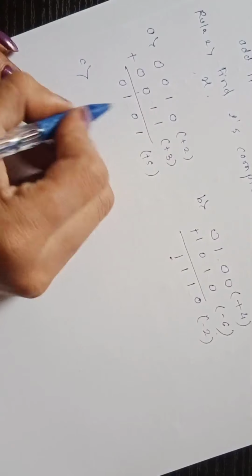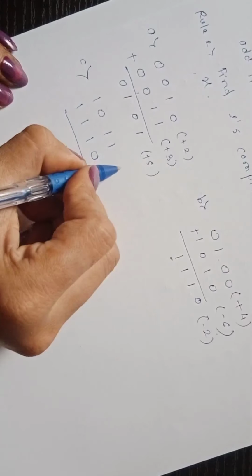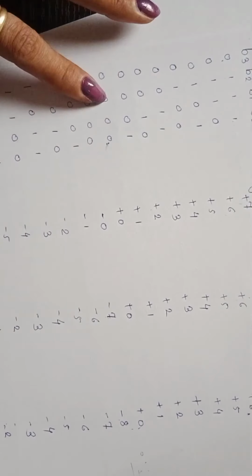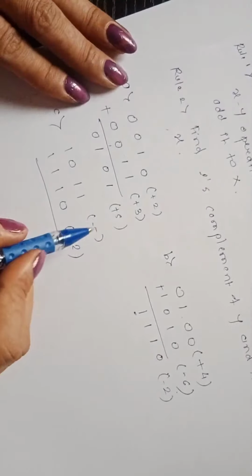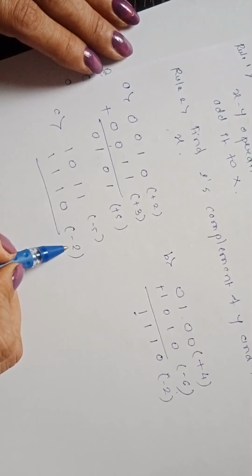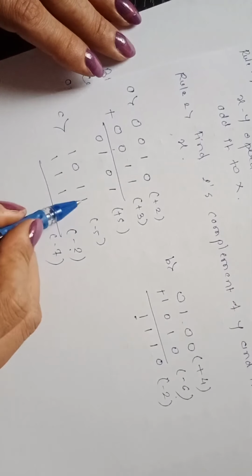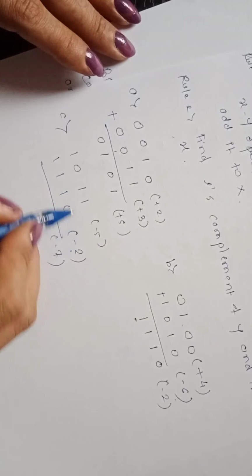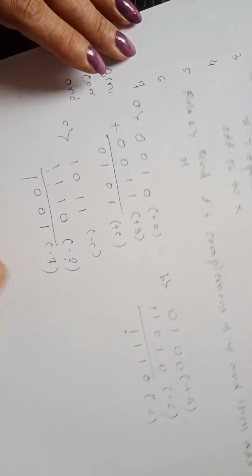Now another example is 1 0 1 1 and 1 1 1 0. Now what is this? Minus 5 and this is minus 2. First you have to learn this table, you have to try it by yourself, and then you will know whether it is a positive or negative number. So it is minus 5 and it is minus 2. What is minus 5 and minus 2? It is minus 7. So 1 plus 0 is 1, then 1 plus 1 is 0, carry 1, 1 plus 1 is 0, carry 1, and here we will get